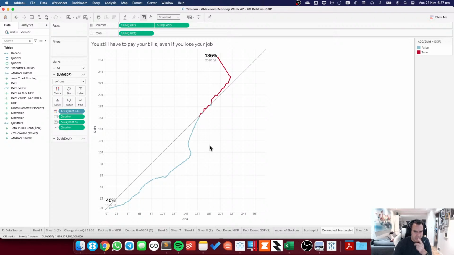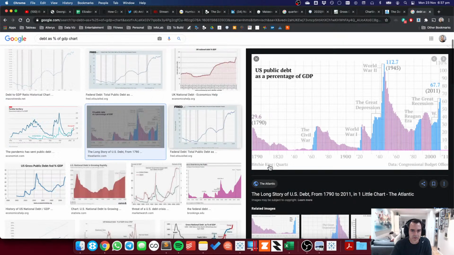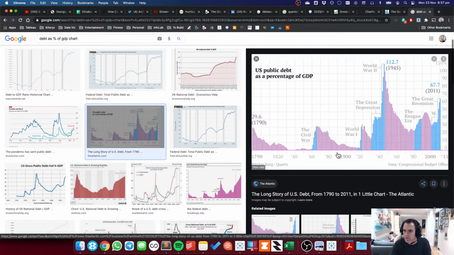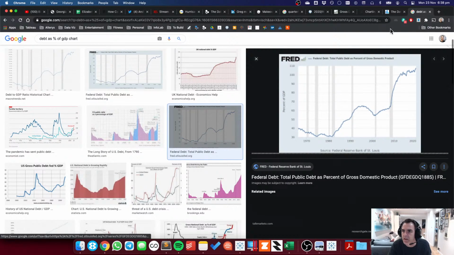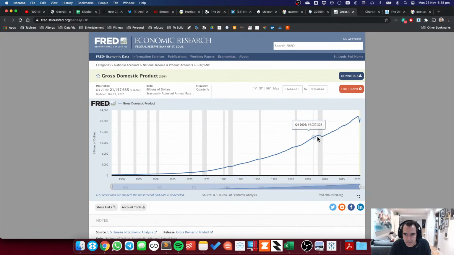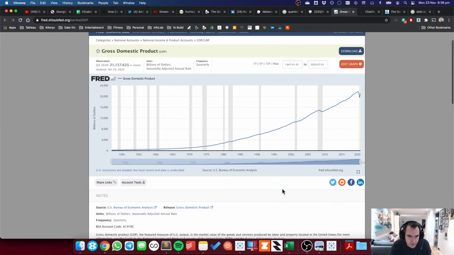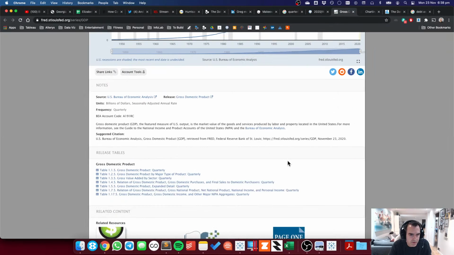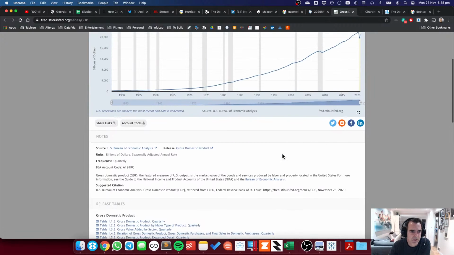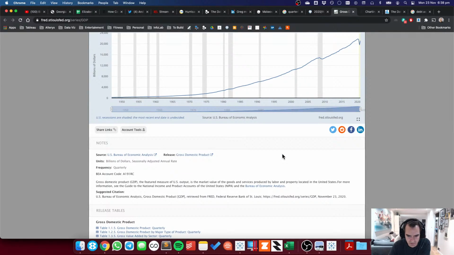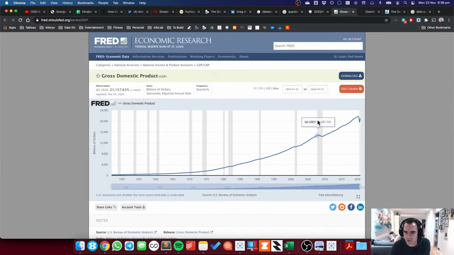How could I add? Let's see. So maybe what I'll do is I'll put the Great Recession. No, the Reagan era. Let's see what the Fed has on here. So what are the gray? I forget what the gray things mean on here. Let's see the guide. U.S. recessions are shaded in the most recent area. Okay, so this starts Q1 2008 through Q3 2009.